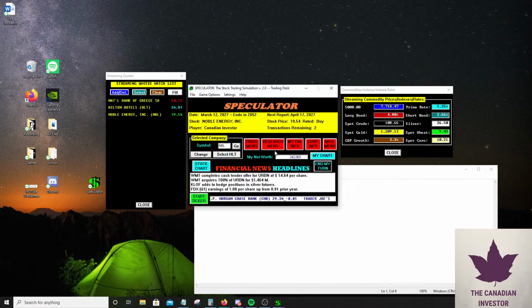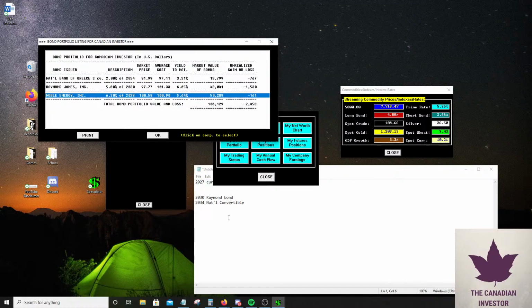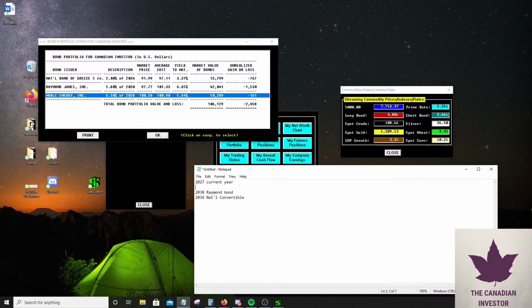So in that case, we bought that bond. It's nice and liquid, so in this case, I'll add it to my bond ladder. So we have Noble Energy. It's a 2028 bond, and this is known as Noble. I'll just call it Noble because I don't know how to spell energy sometimes. Noble Inc. So in this case, we have a pretty liquid bond position.